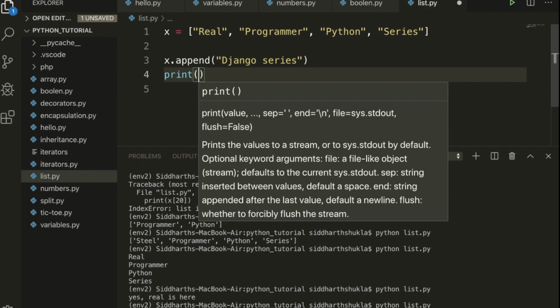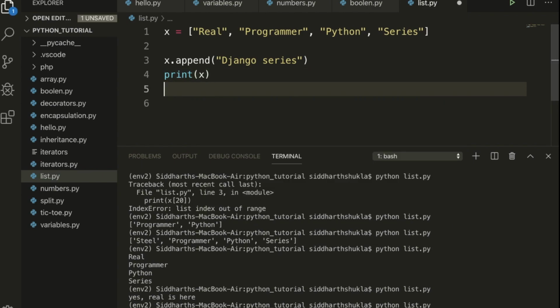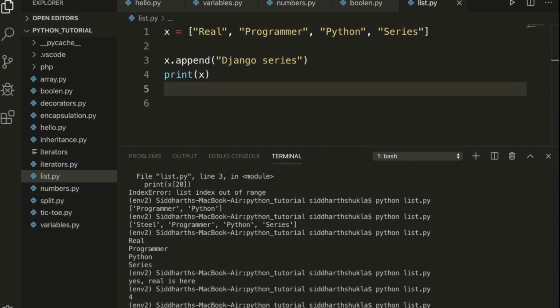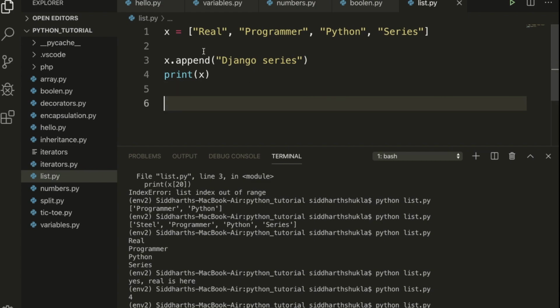Now I am going to use x, just type here real programmer Python series Django series. We got the result of the Django series also here. Okay, and suppose, one second, we can also use like